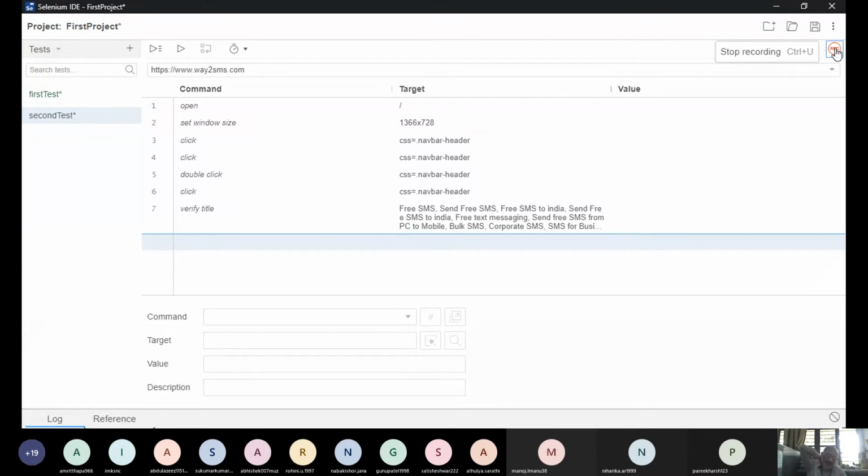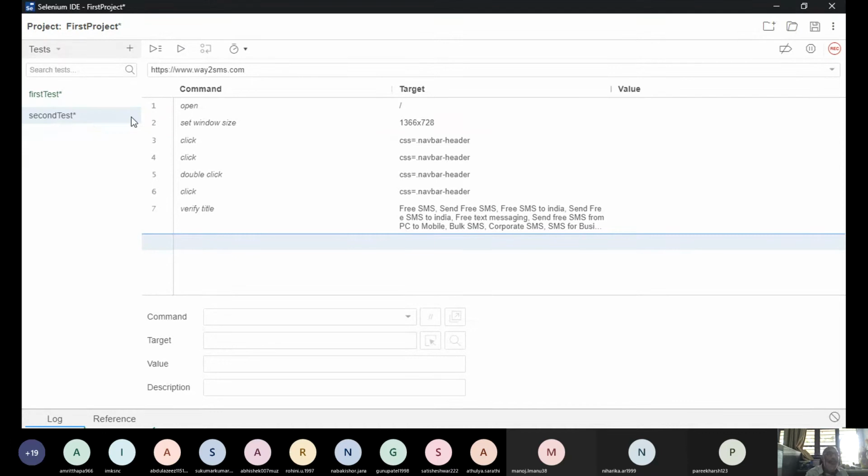Is that fine? Have you understood now? Now what is the next thing after this? I have to playback, no? And see whether this is done or not. How will I do that? Go to the second test here. And then what you should do? Anyone can tell me? You have to use this or which one? Play button, sir. I have to use this button. Okay, run current test because I'm clicking here. No, second test.